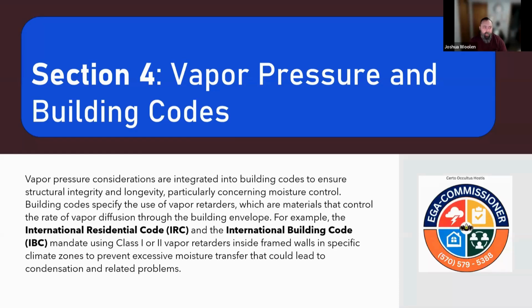And then when we get into vapor pressure and building codes, again, like I said before, engineers will literally put on the blueprints how much vapor pressure there is during each part of the year from the earth, from the air, and from the sun itself. And it's based on the year before. So the contractor putting this building together has got to know what they're doing while they're there.